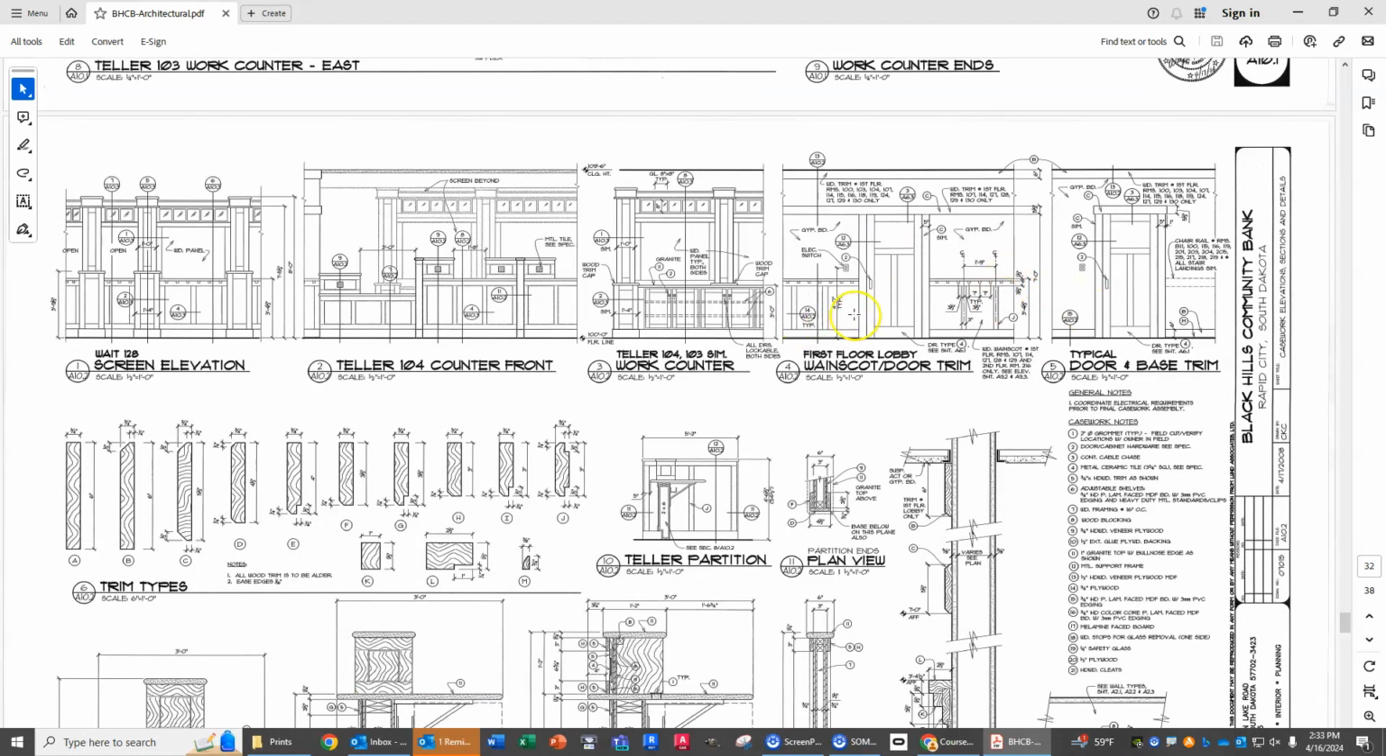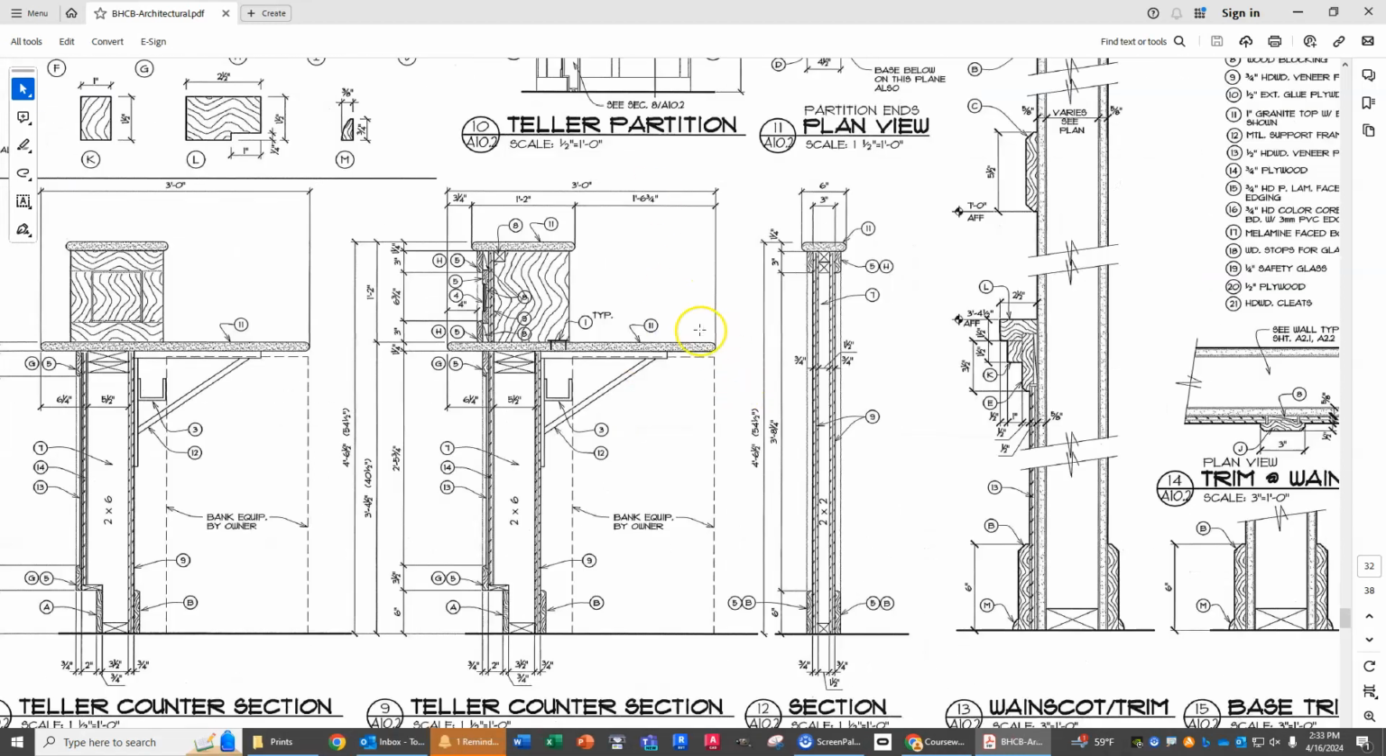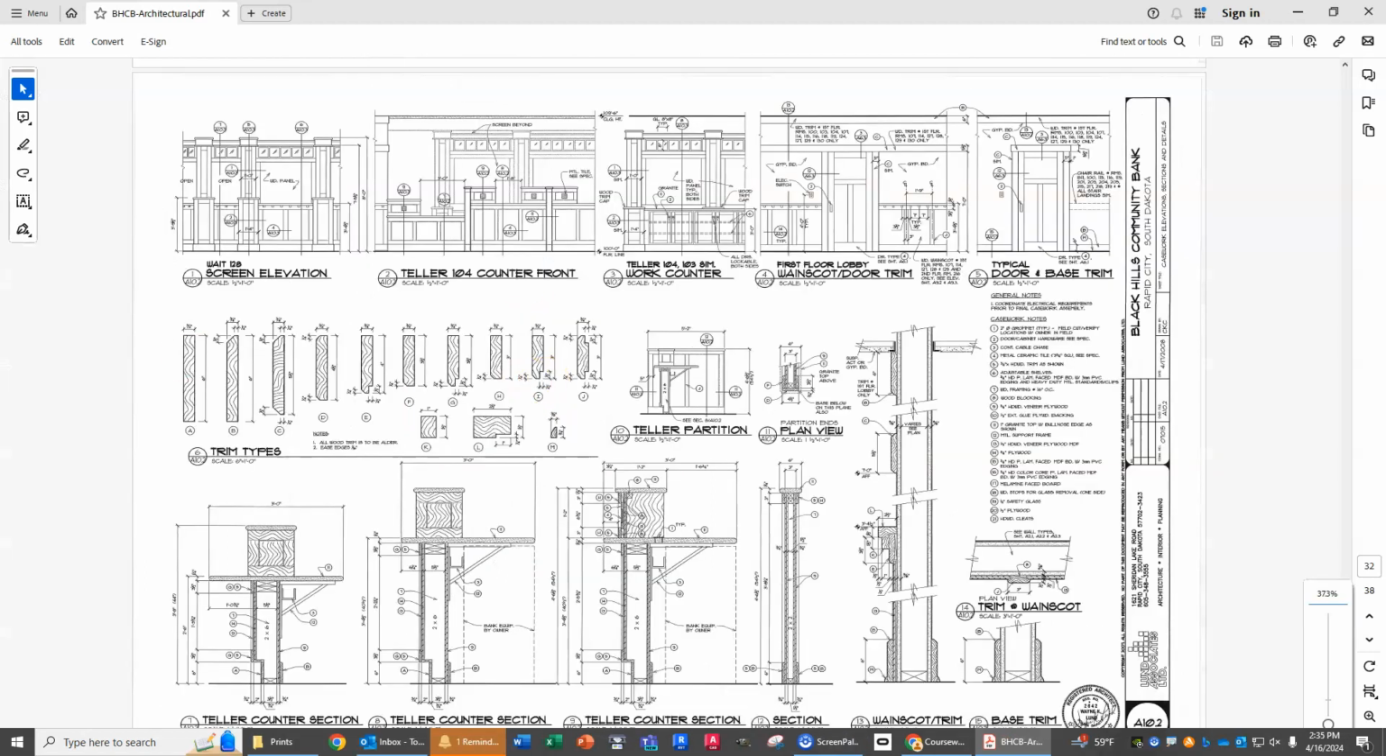And that counter height information is actually available in a number of different locations. This section right here does a really nice job of laying out the size of really every component on those teller counters. And you can see right here, 3 foot 4.5, also listed as 40.5 inches up to the top of that counter. The other one I wanted to review was seventh one down